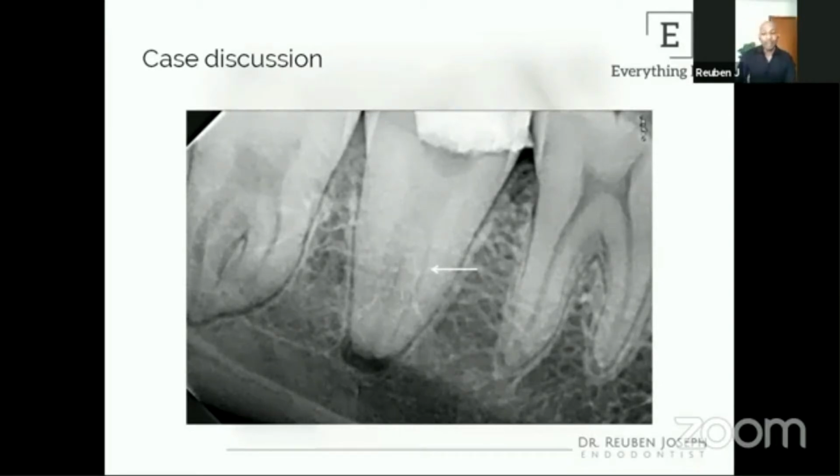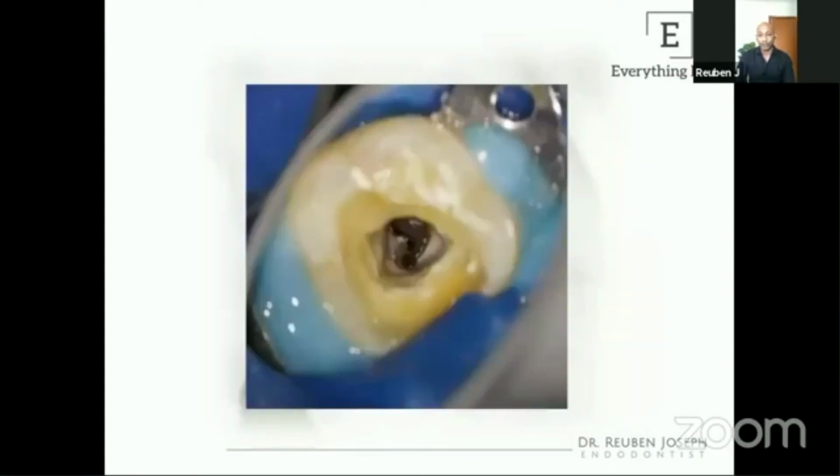So this was another case that was referred to me by a fantastic restorative dentist. I would probably say he's one of the best in the business, so good in his work. At the end of the shaping procedure, he knew he'd missed a canal. So he marked this out specifically and told me, you're going to have this sorted out for me. This was the clinical picture when I opened up the tooth.